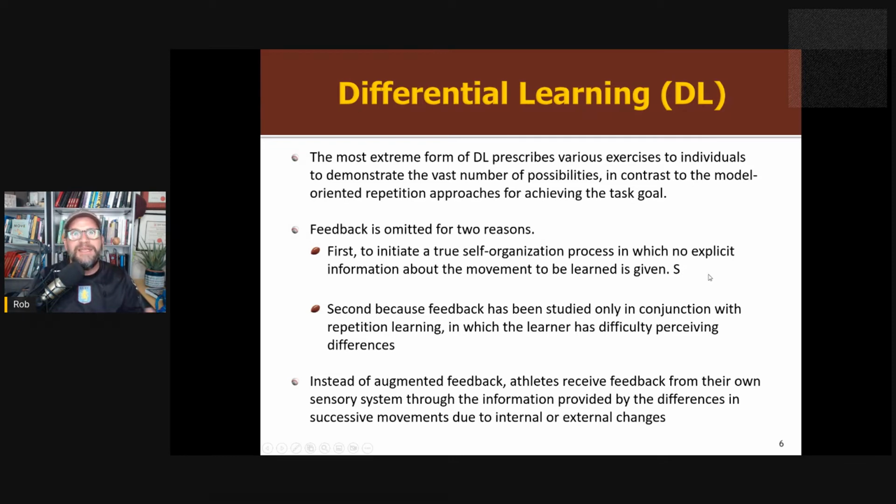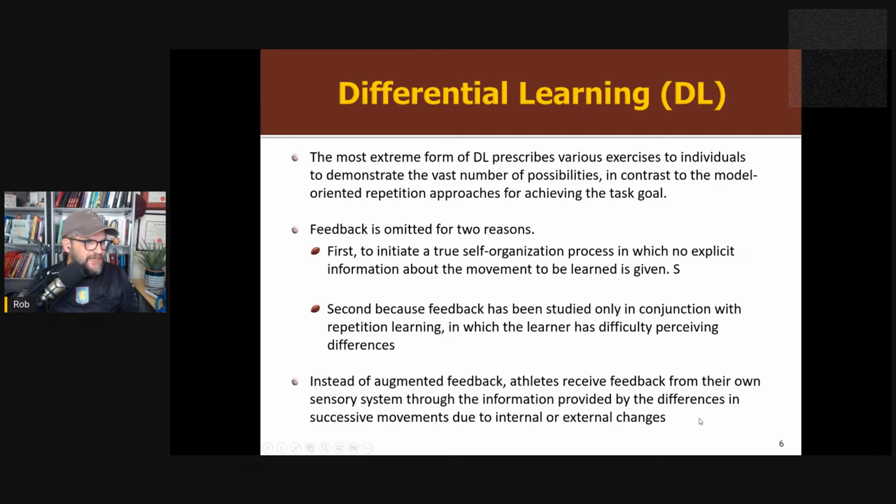We're not guiding you towards a particular area of the solution space. Okay. They also talk about the fact that really the benefits of feedback in research are shown where a person is trying to repeat a particular movement, right? When you're repeating a movement, you're not going to get to experience the solution space, the differences between doing that with a wide stance and a narrow stance, because all your movements are going to be fairly close together when you're trying to repeat.